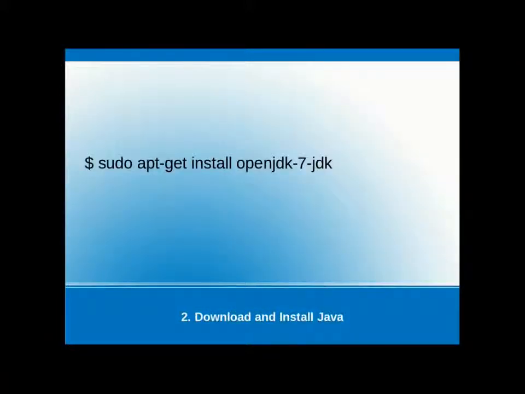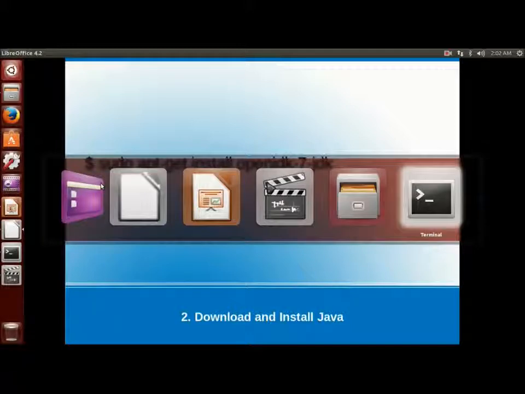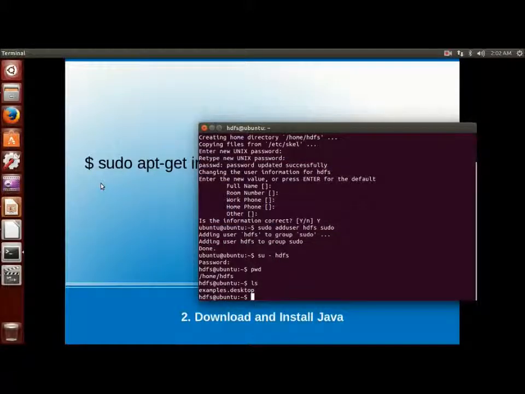Next is install OpenJDK, because our VM is empty. I am installing OpenJDK by following the sudo apt-get install openjdk-7-jdk.